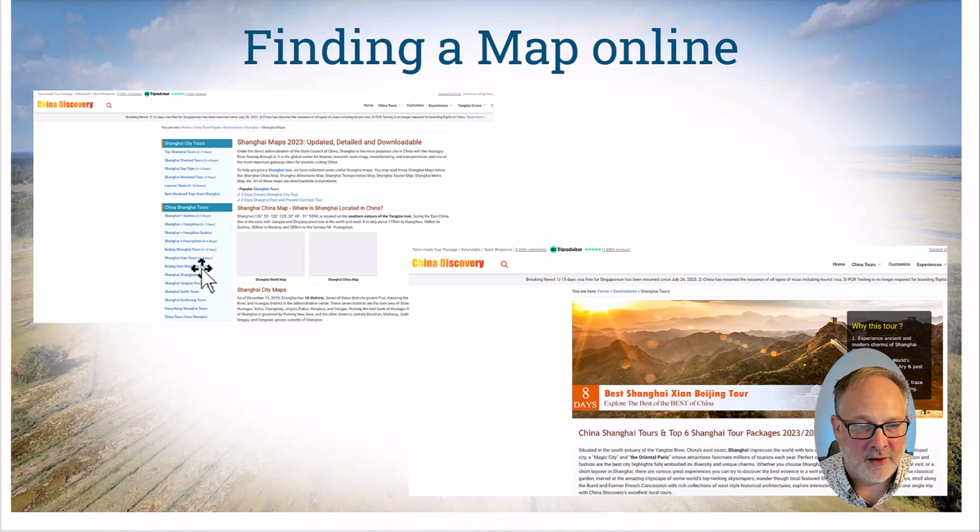And then I click again on other maps, and I'm on the best Shanghai Beijing tour. They're trying to sell me a tour, which is fine. I get it, that's Google's mission to make money. But that's not really what I want. So now I say, okay, I can't find that, and I go all the way back to my search results and try again. Sometimes I get there, sometimes I don't. But it can be frustrating, and it's time consuming.